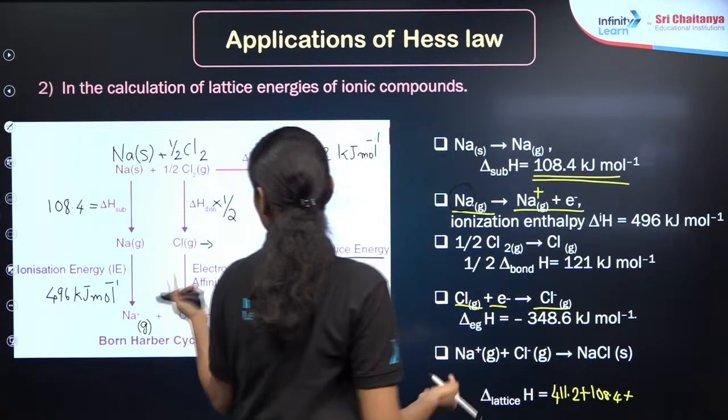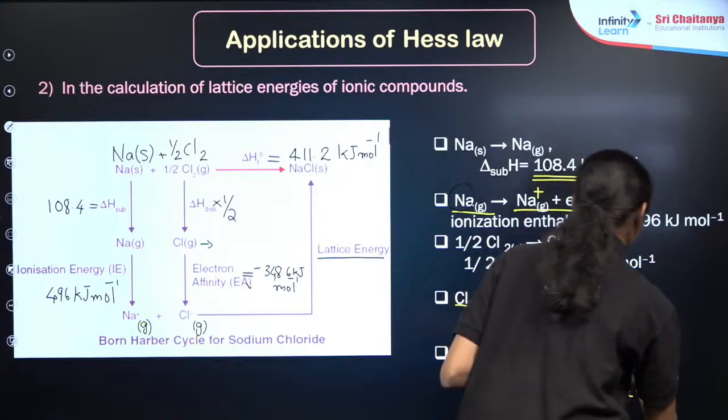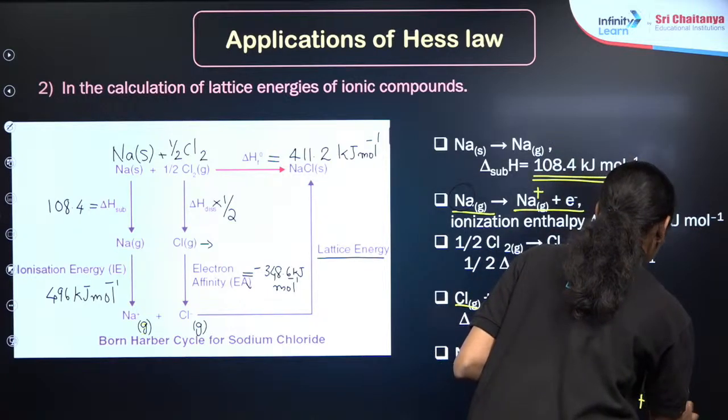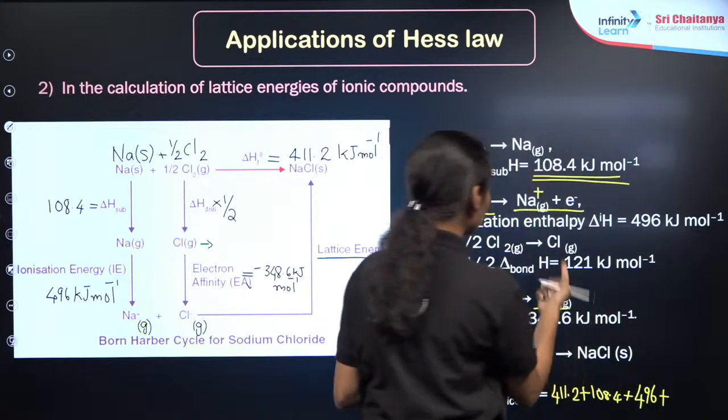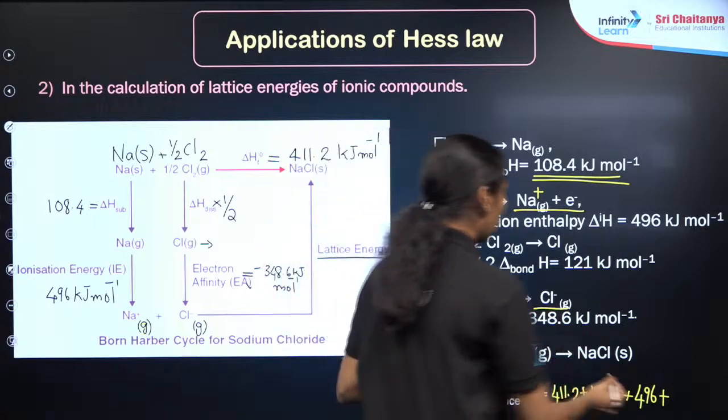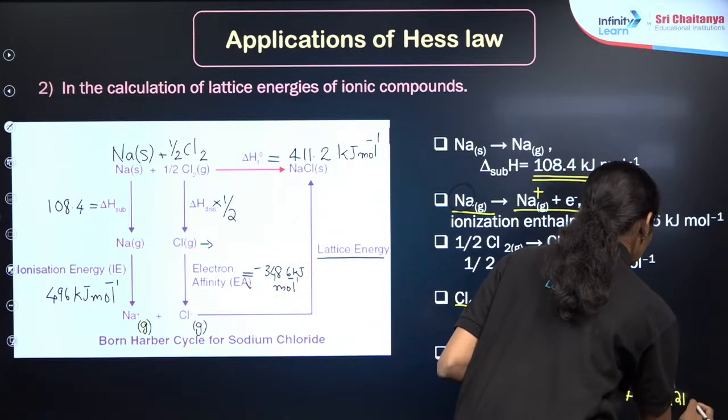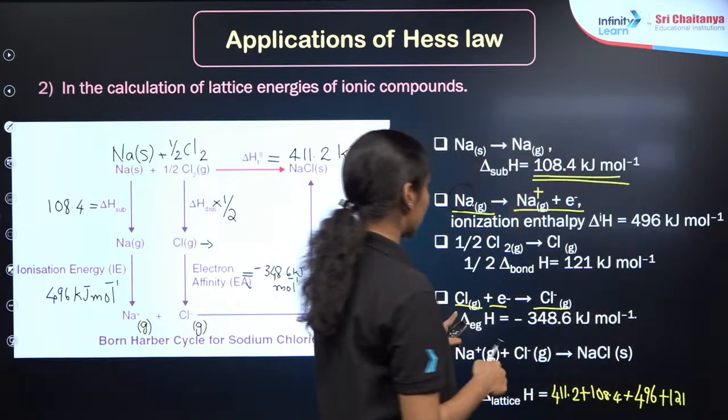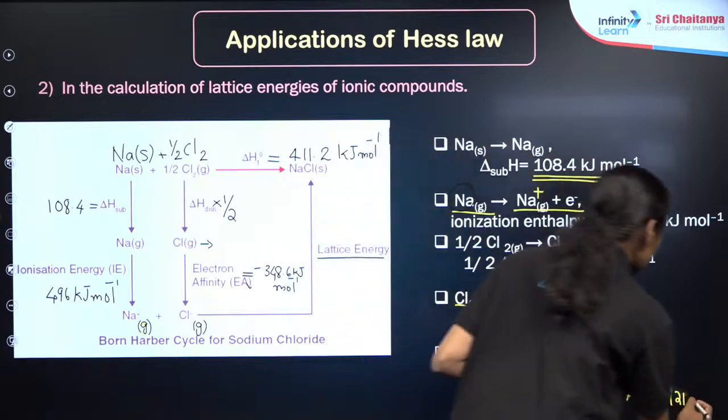Then it is adding with the ionization energy, that is equal to 496 kilojoule per mole. Then the next one, half of the bond dissociation energy of chlorine, that is equal to 121. Then the next one, electron gain enthalpy, that is equal to minus